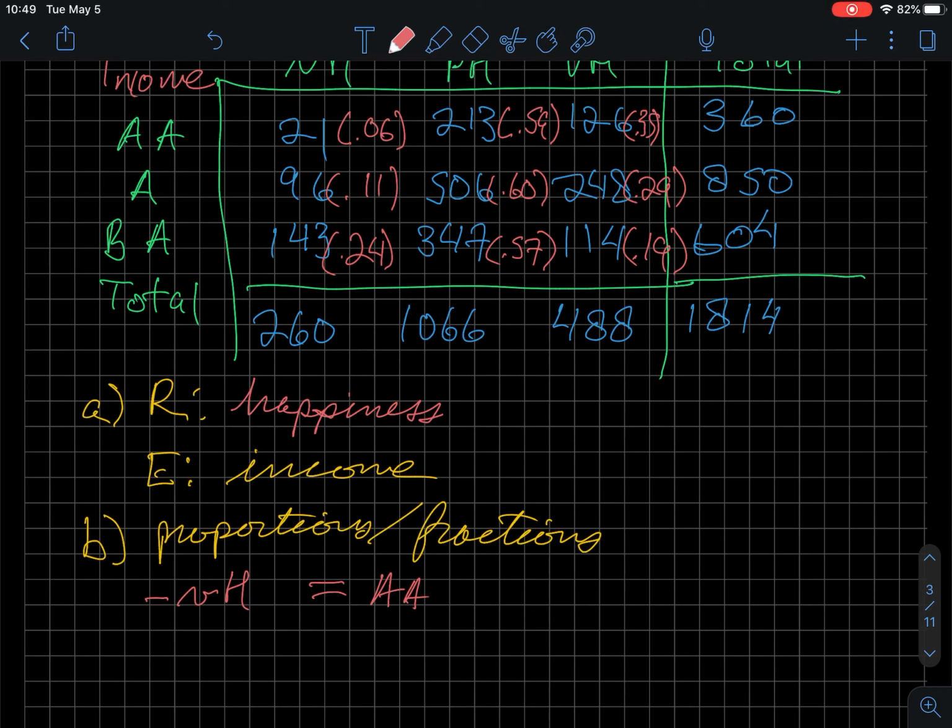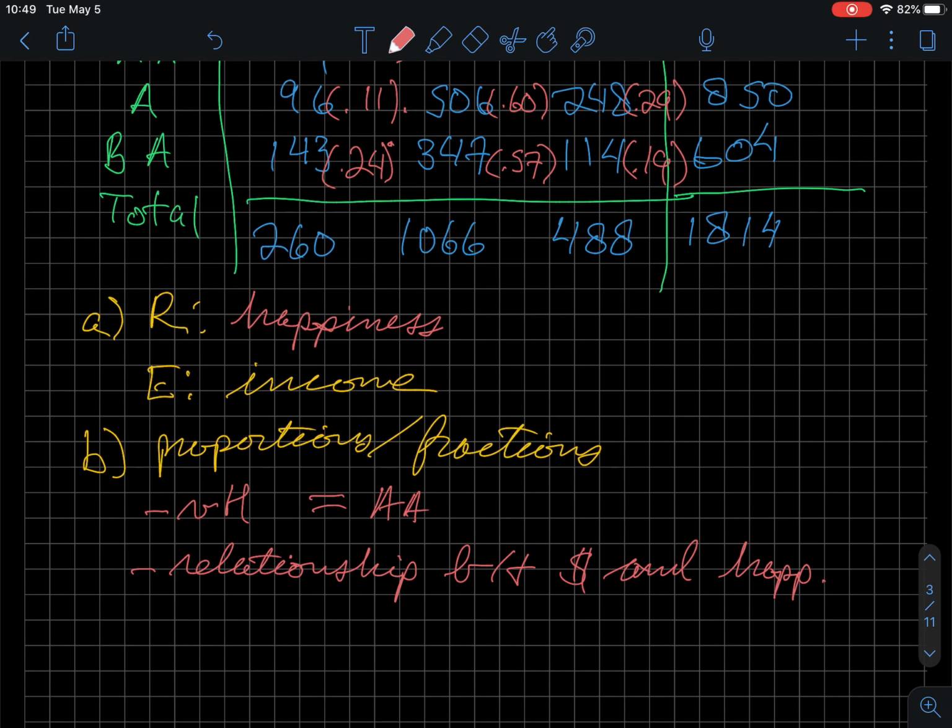So people who are not too happy, right, we'll say, and they have below average income are 24%. So like right here. Compared to people who have average income is 11% versus people who have above average income are not too happy. So turns out it seems like we might conclude that there is a relationship between money and happiness. So, interesting little finding. And then if we look at number C,